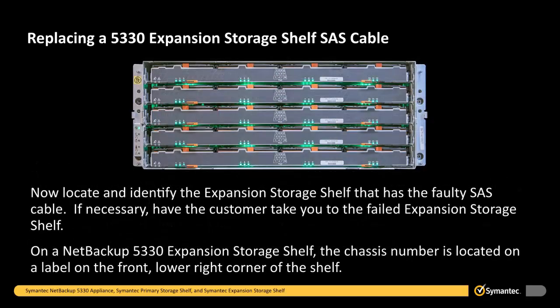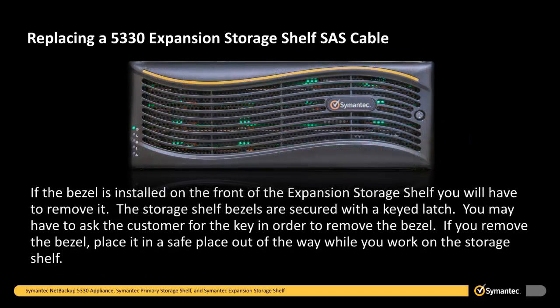Now locate and identify the expansion storage shelf that has the faulty SAS cable. If necessary, have the customer take you to the failed expansion storage shelf. On a NetBackup 5330 expansion storage shelf, the chassis number is located on a label on the front, lower right corner of the shelf. If the bezel is installed on the front of the expansion storage shelf, you will have to remove it. The storage shelf bezels are secured with a keyed latch. You may have to ask the customer for the key in order to remove the bezel. If you remove the bezel, place it in a safe place out of the way while you work on the